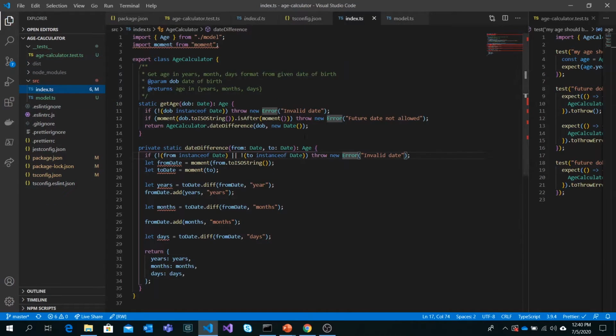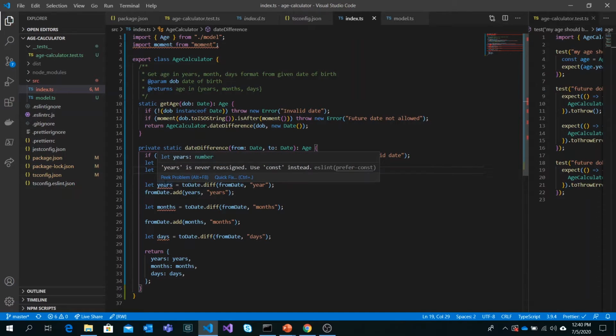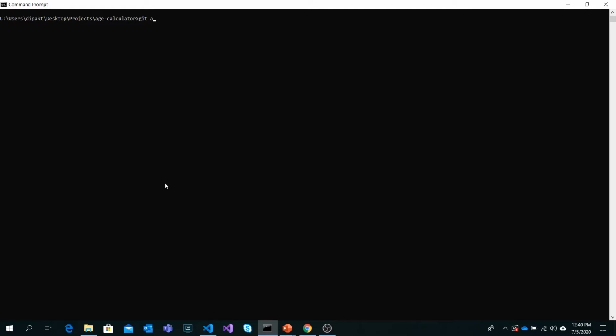So let's say we completed the age calculator here, and I will try to commit this code. Obviously, this code has some problems, but I want to show you how they will be prevented and how they will get fixed during the process, and that's where the power of all these configured tools like ESLint, Prettier, and hooks comes into the picture. Let's add those files